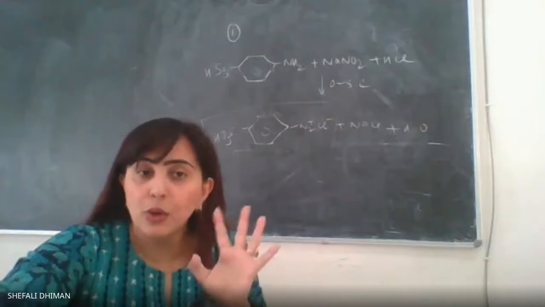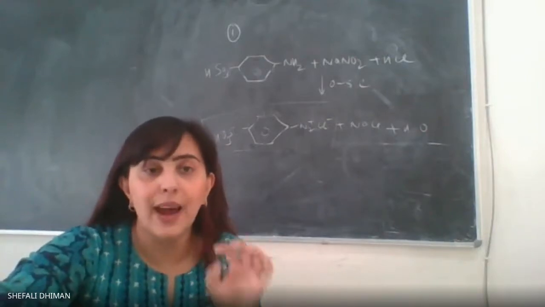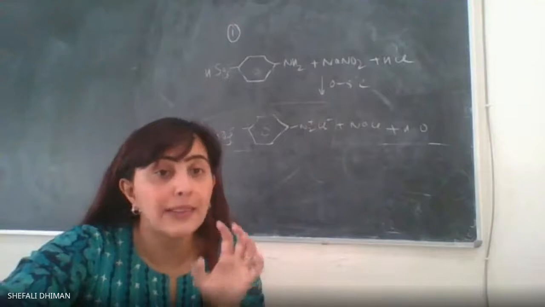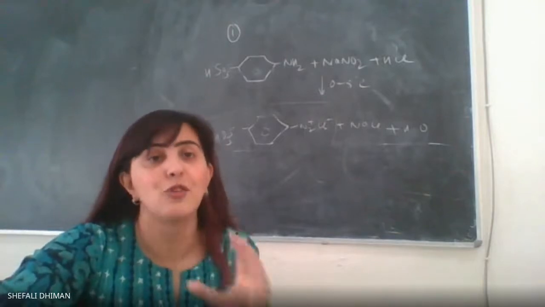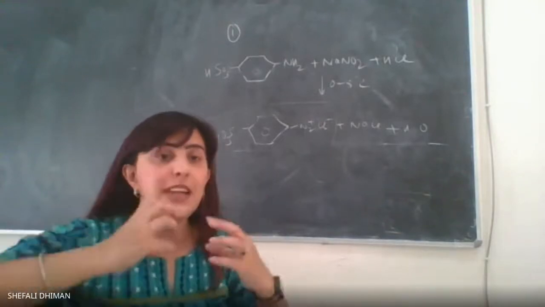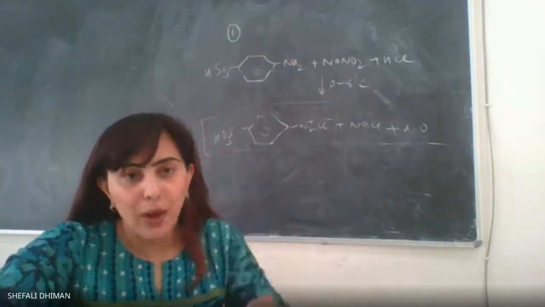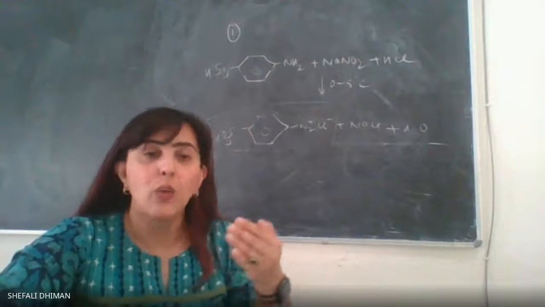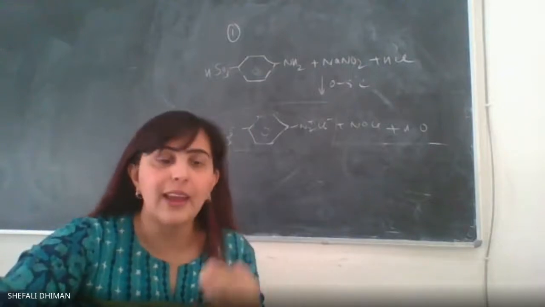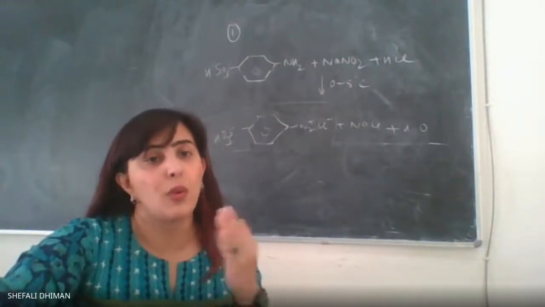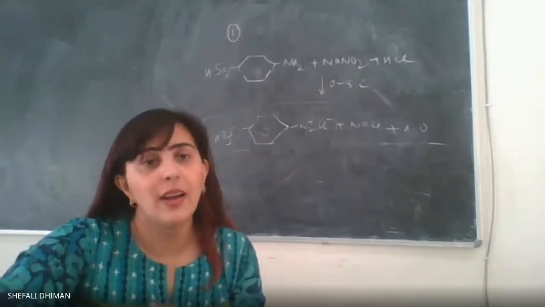and a pale red color starts to develop. So from there onwards, my dye begins to form, but that dye is still in the solution form. I need to take it out in the solid form. So all the other subsequent steps I'll be talking about will actually solidify that dye to methyl orange, which is a beautiful orange color dye.